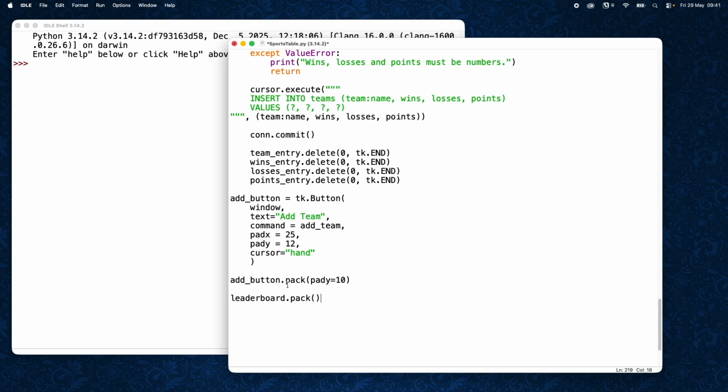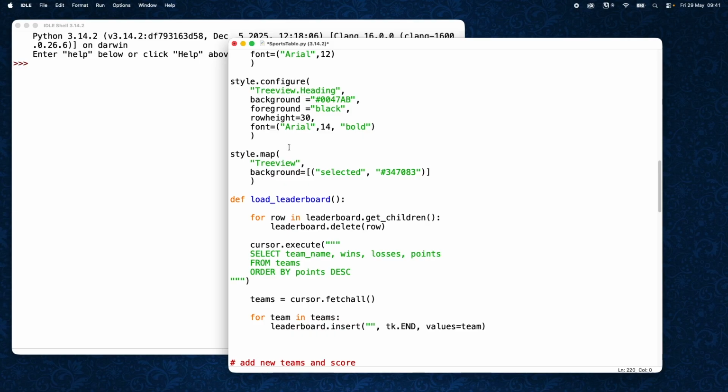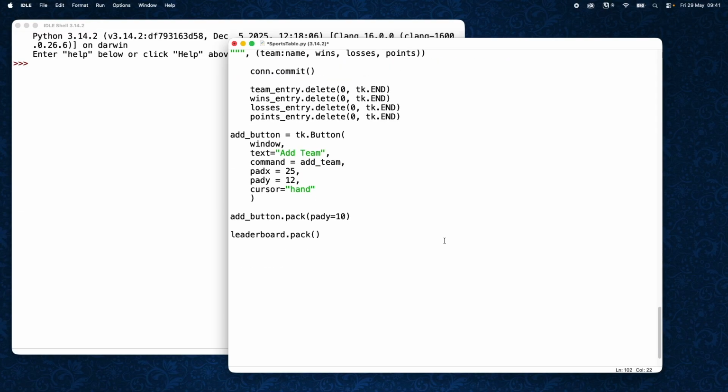Let me see, what else have we got up here that we need to pack? Oh, okay, so we haven't called this function either. So if we're going to pack the leaderboard, we better then load that function. Load underscore